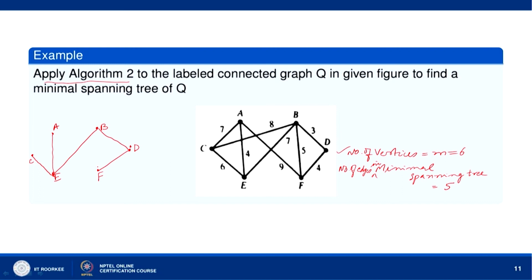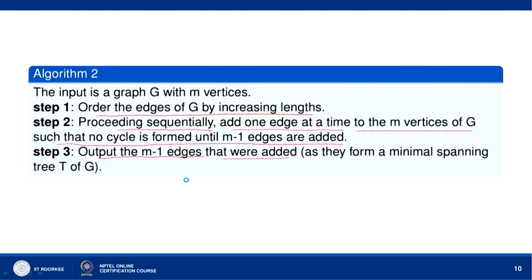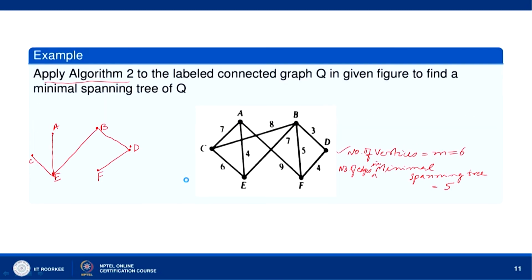So, it is a spanning tree, and by the algorithm it is the minimal spanning tree, because we have added edges in such a way that no cycle is formed until 5 edges are formed. So, this is the minimal spanning tree in this case, and you can see that CE